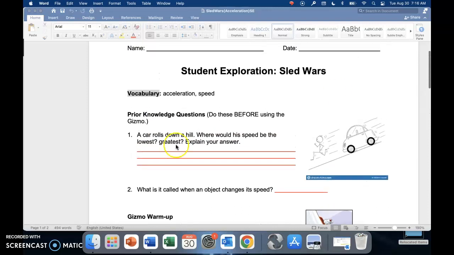Okay, so as we go here, it says a car rolls down a hill. Where would its speed be lowest and greatest? Okay, so again, we're just going to answer this. Now, as normally, if I were in class, I'd be asking you to give me these answers. Since I'm not, we'll just go through this. But as a car rolls down, where would you expect it to be its lowest? Talking about its speed, obviously, it's going to be